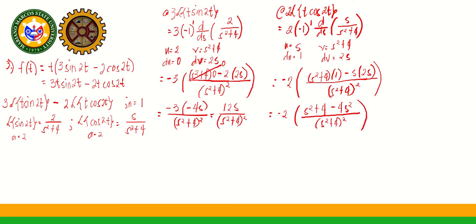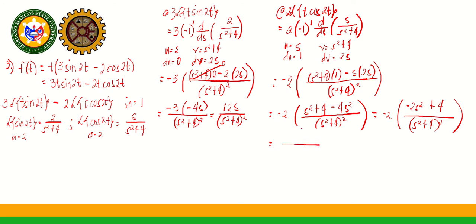So, from there, mag-simplify pa tayo further. This will be equal to negative 2 times s squared minus 4s squared, that is negative 2 times s squared plus 4 over s squared plus 4 quantity squared. So, i-distribute na natin si negative 2 or i-multiply natin si negative 2 into this equation. So, this will be equal to